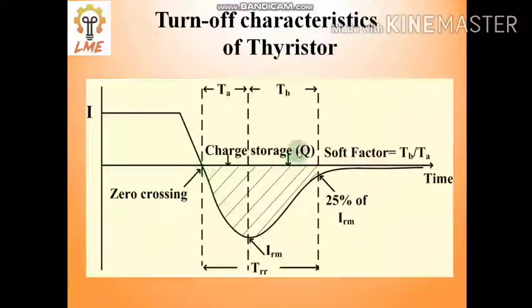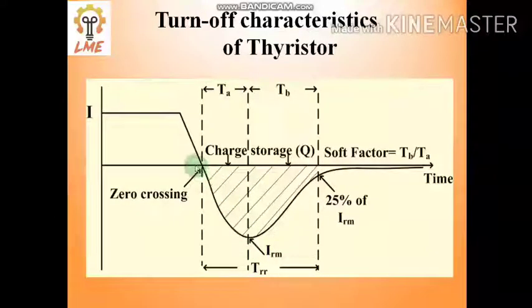When the stored charge starts discharging, it creates a curve like this and again goes to zero, but it takes a huge time to reach zero. That is why we consider this particular cycle up to 25% of the peak value. This is the peak value, denoted by IRM, and this is 25% of IRM. Suppose this 100% IRM is 100 ampere, then we consider